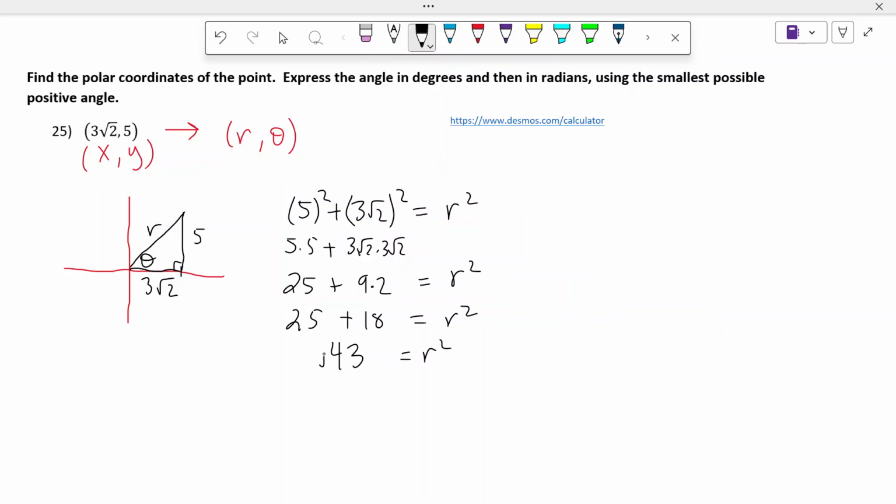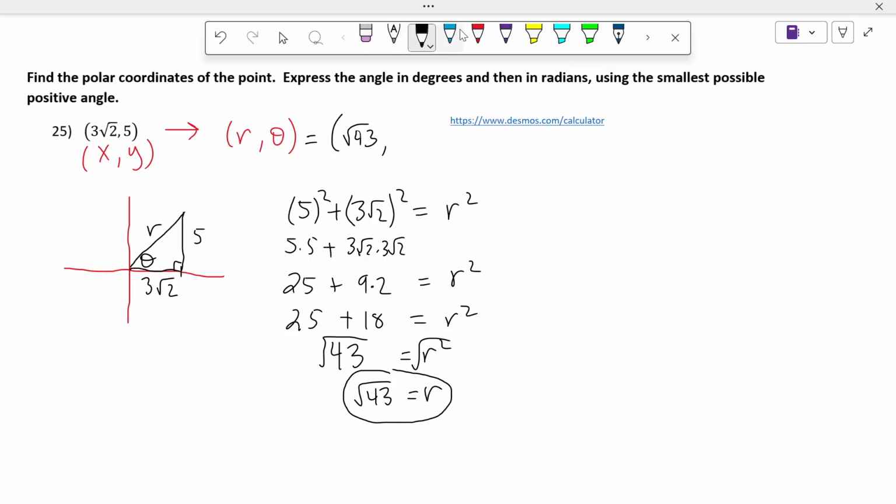And so then we just got to square root it. And so the radius is going to be the square root of 43. We're not going to do plus or minus here. The radius is always going to be positive the way we're going to do it. I guess if we did a negative radius, we'd be shooting backwards. We're not going to do that. Let's just take the positive radius. So far, we got the positive radius for our answer. It's going to be the square root of 43,